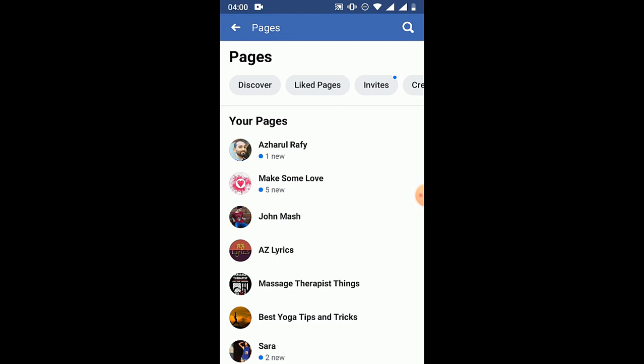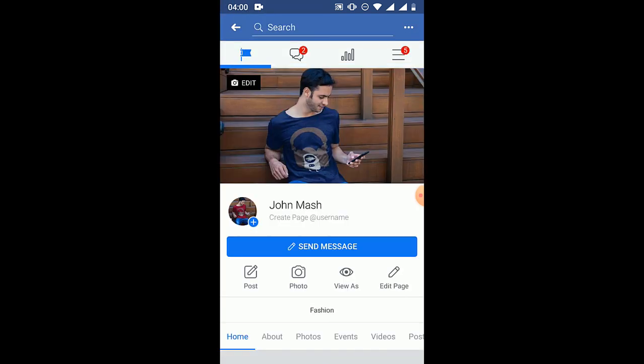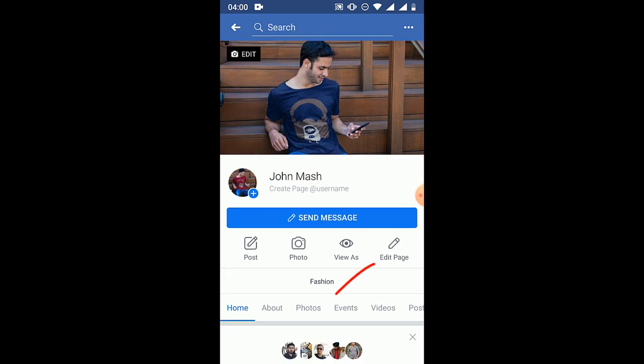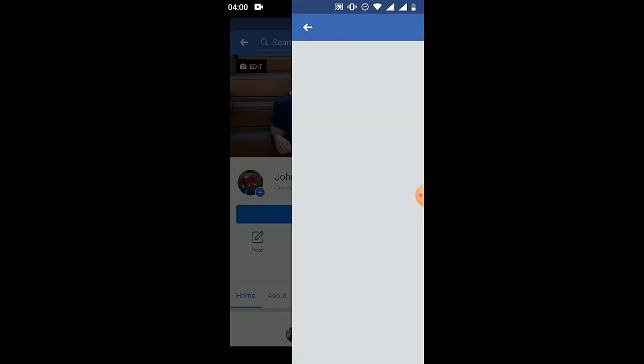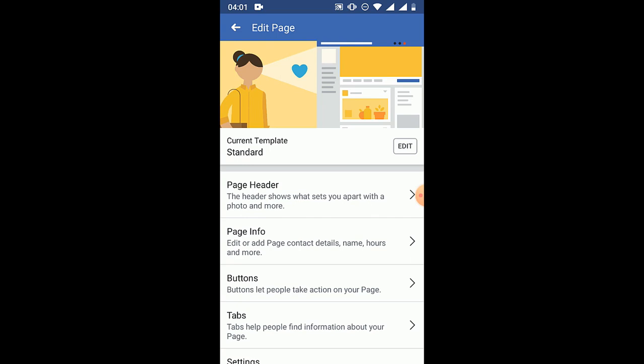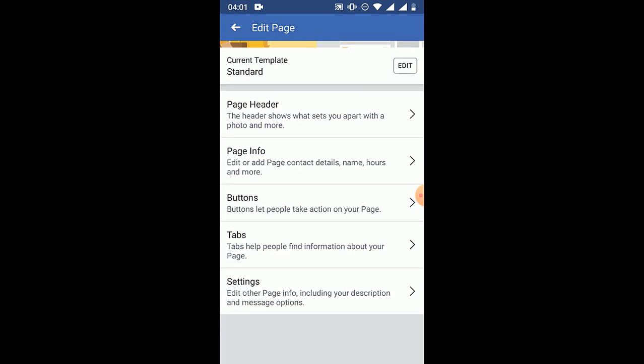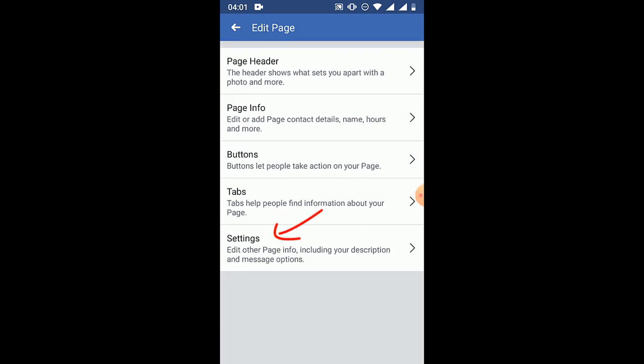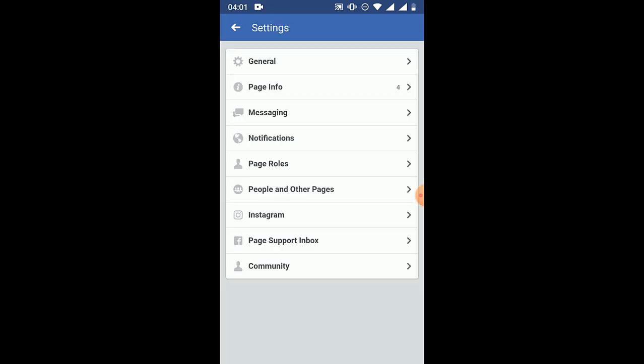Now we have to select the page that we want to delete, so I'm choosing John Mesh here, so clicking on it, and then after visiting the page you will see the edit page option, so click on edit page, and after coming to this page go a little bit down and you will find the settings option, so click on it. So after coming to this settings page, click on general,